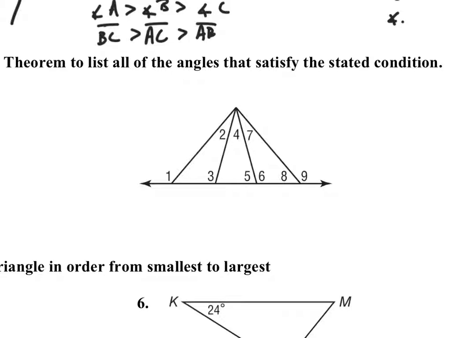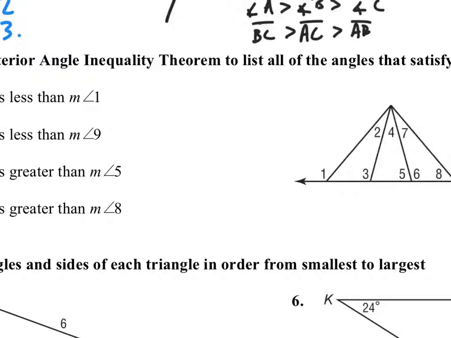Okay, I know that angle 1 is an exterior angle to pretty much all of these other angles except for angle 9. Okay, I can say that angles 2 and 3 are interior angles to angle 1. I know that 4 and 5 are interior angles to angle 1, and so is 7 and 8. Okay, you can probably make a claim for angle 6, but that doesn't satisfy our theorem. We could show that, but let's go ahead and come here and say that we've got angles